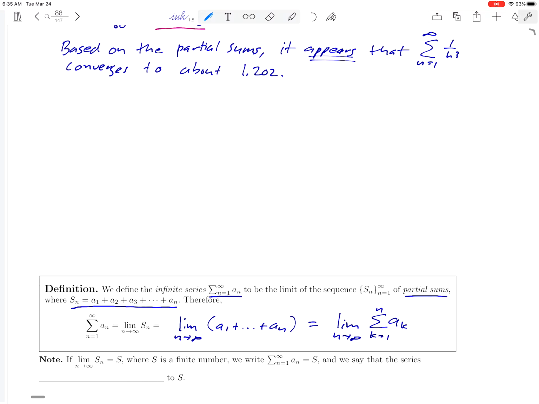And then just one last word to go with this definition. If it turns out that these partial sums approach something, then we'll use the word convergence. We'll say that the series converges to the number